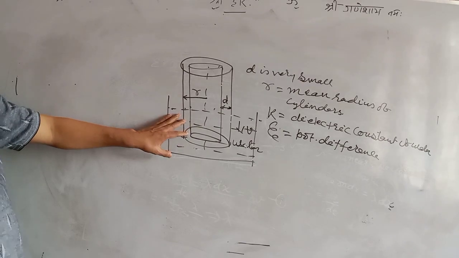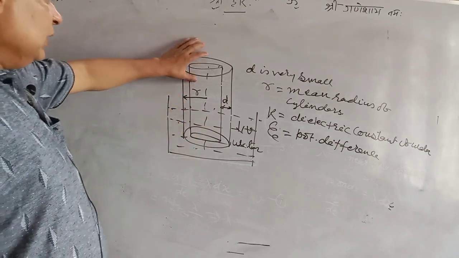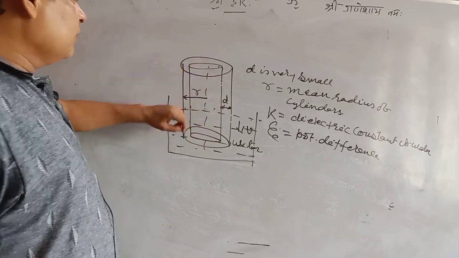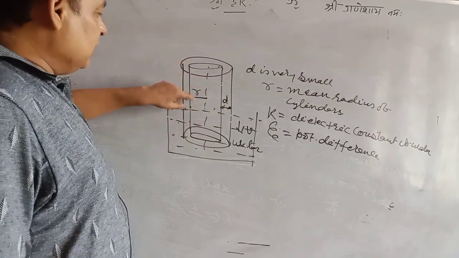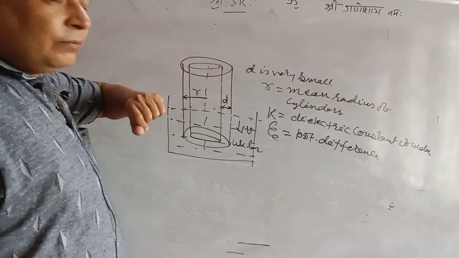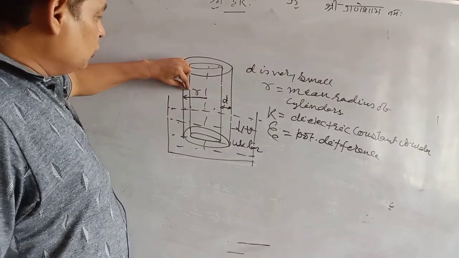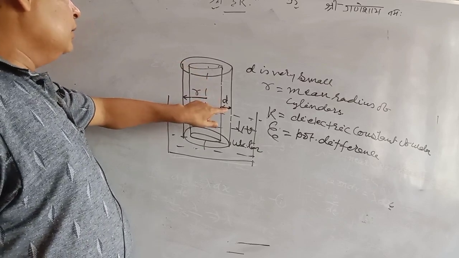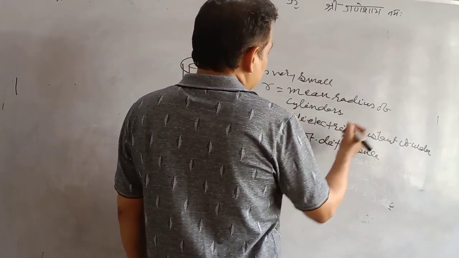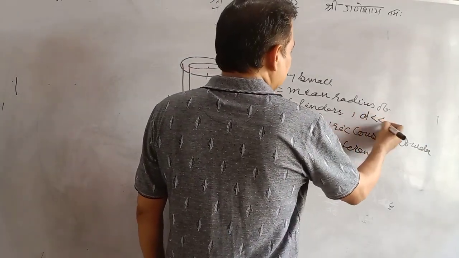This is the condition. Here one thing again, this is a cylinder. There are two coaxial cylindrical capacitors. The mean radius of curvature is R. Here radii A and B are separately not given. The distance between these two surfaces is very small, d. d is very, very less than R.